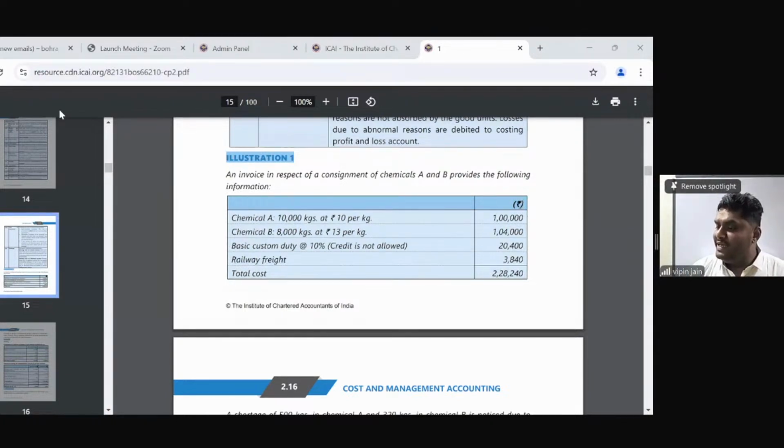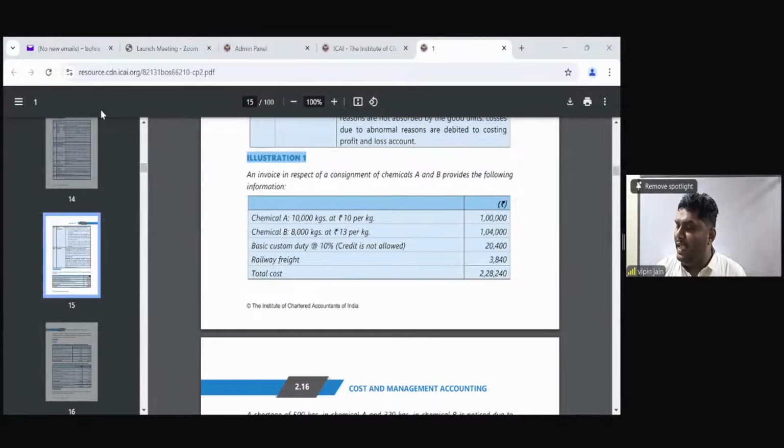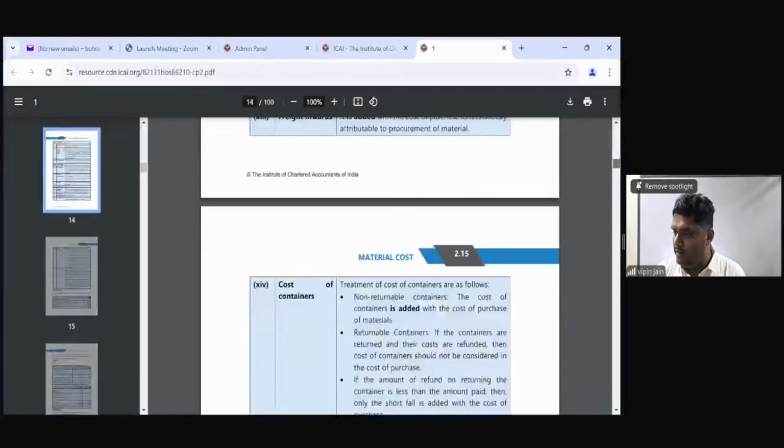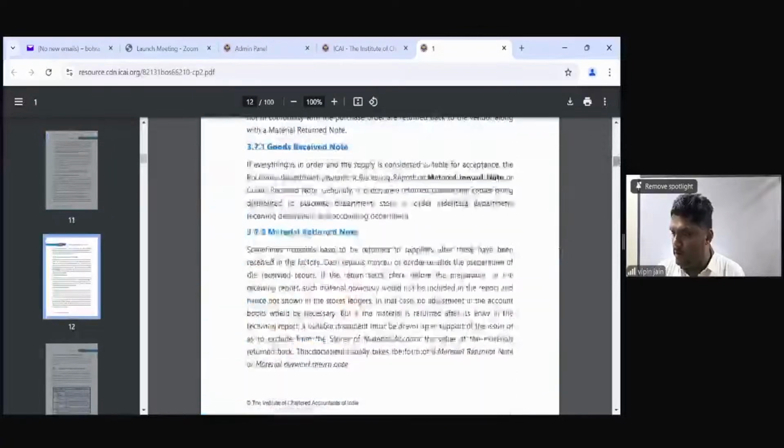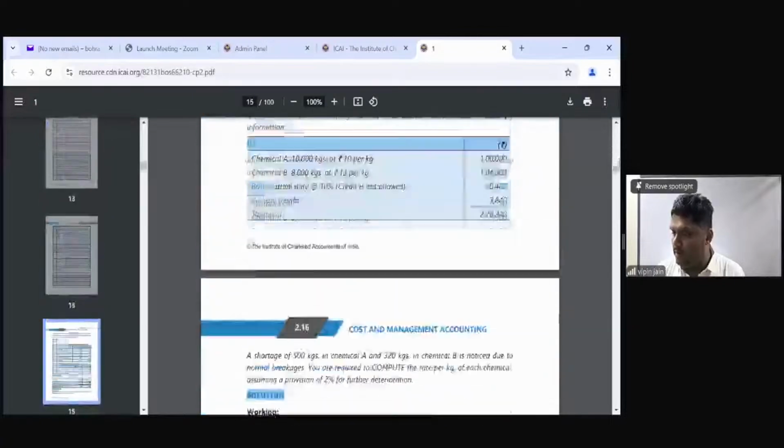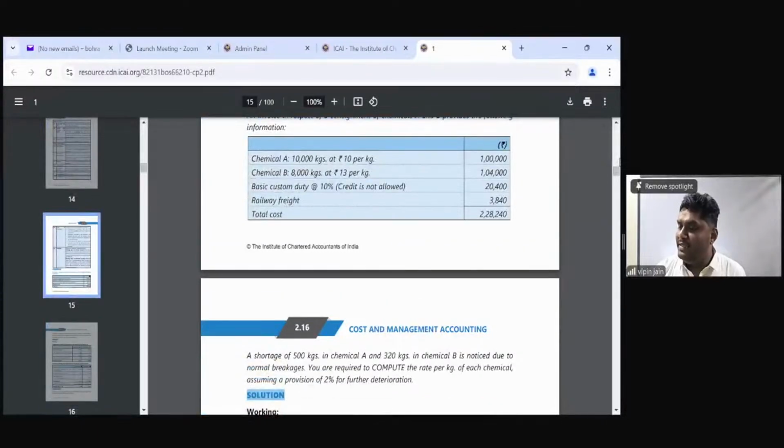An invoice in respect of a consignment of chemicals A and B provides the following information: chemical A is 10,000 kgs at the rate of 10 rupees per kg, and chemical B is 8,000 kgs at the rate of 13 rupees per kg. Basic custom duty is 10% and the credit is not allowed, given straight away in the question. Railway freight is 3,840 and the total cost is